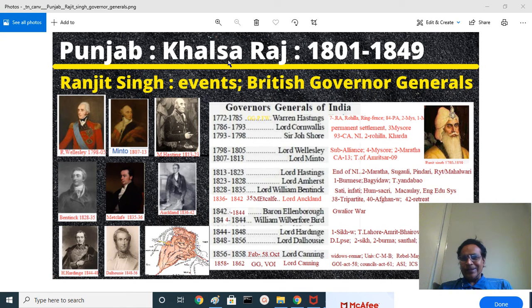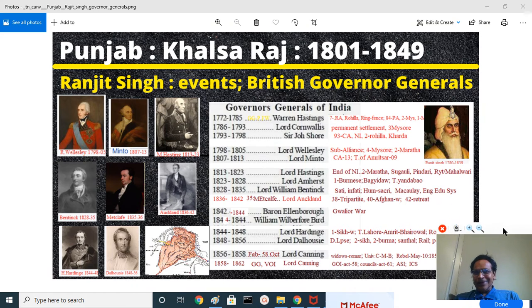Khalsa Raj, or Khalsa state, or Ranjit Singh state. A state always has internal enemies or contenders who want to overthrow the existing state. That is a state facing challenges: internal challenges, external challenges, enemies, adversaries, friends, territorial annexations, secessions, and all those things. So when you see Ranjit Singh's time, his kingdom from 1800 to 49, and who the British contenders and contemporaries were, you will get a broader idea. That is the topic of today's discussion.